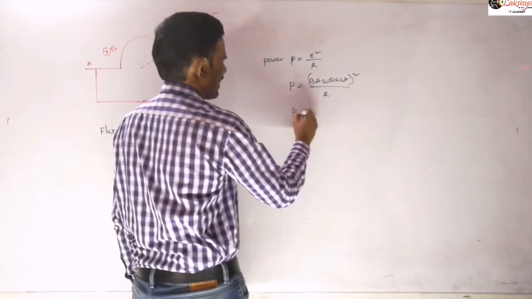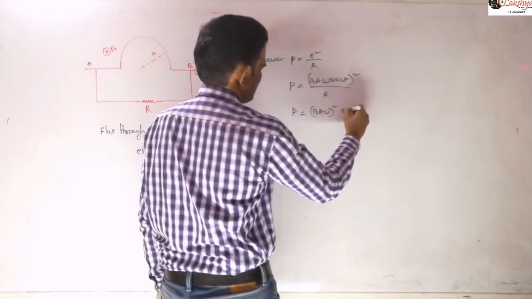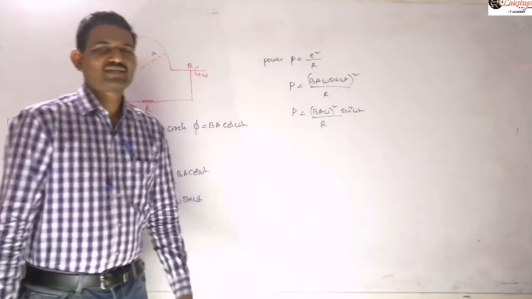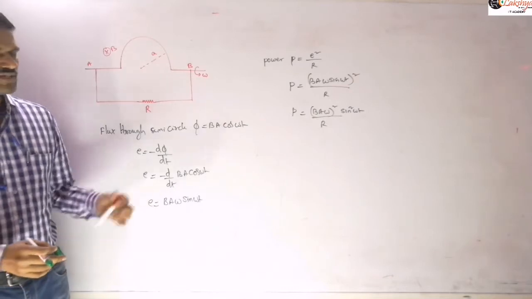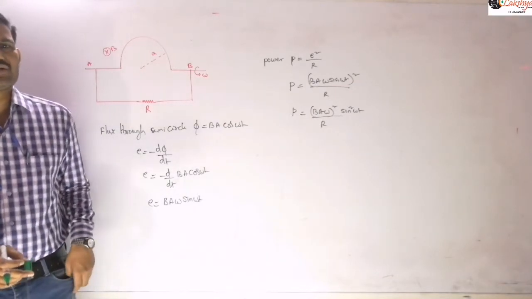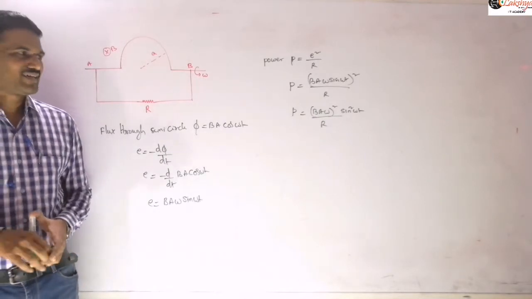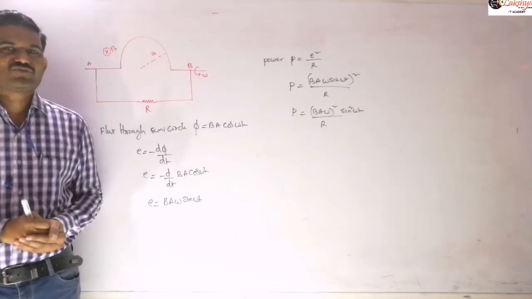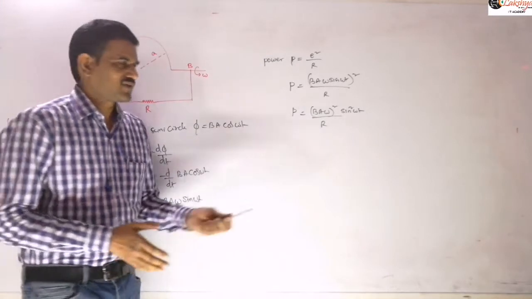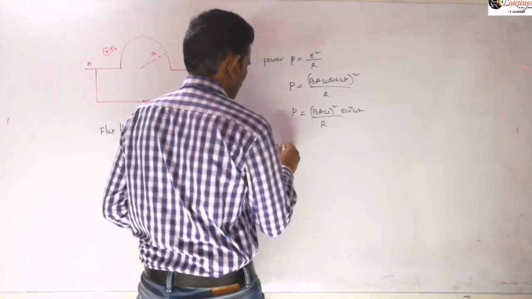Now they are asking for average power here. BA omega whole square into sin square omega t by R. Now it is a function of time. Whenever a quantity is a function of time, then you can calculate the average value by using integration, right? And this type of calculation we will get in alternating current. So then you can easily solve here. Therefore this average power is given by,